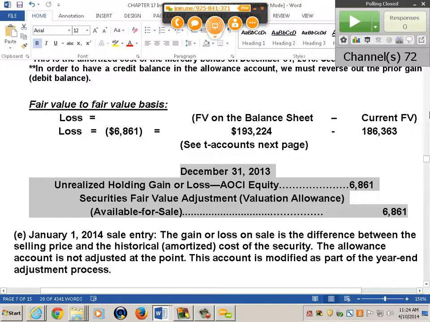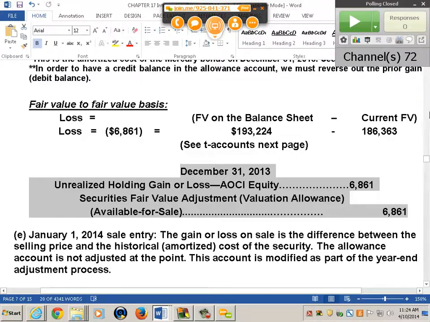Fair value and balance sheet. 193, where is that? Okay, I'm going to get to that in a second. All right. The way I'm showing you now is I'm working with the original amortized cost of the investments. If you look at the T account here, I'm looking at the amortized cost of the investment, the 189,849, against the fair value